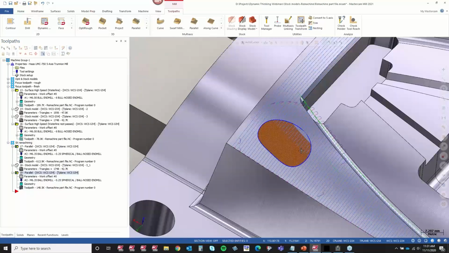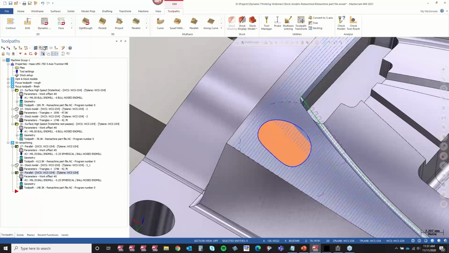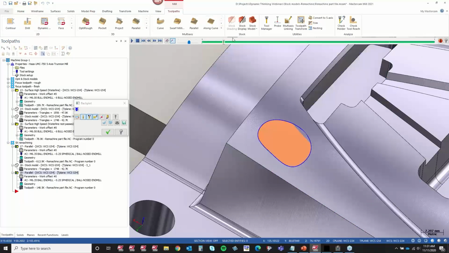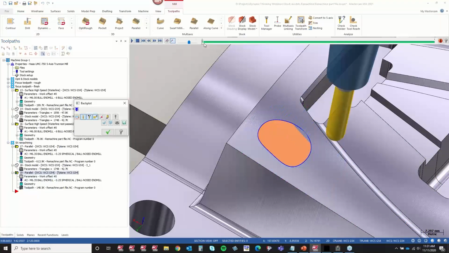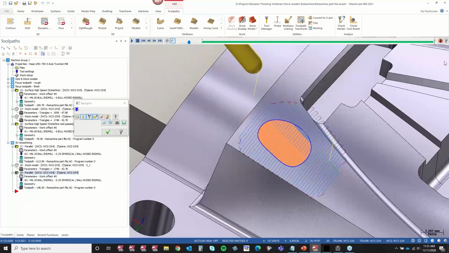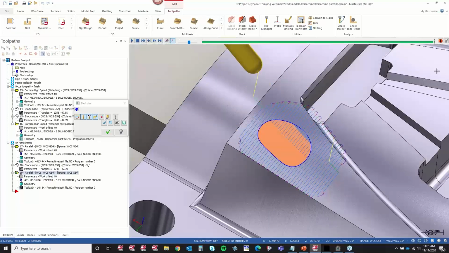So if I had tooling marks in the part still, I could go in and recreate that only in a small area. All right. So that's going to give me a nice trimmed out section of toolpath that's only operating on the area. Oh, I backplotted both of them. That's only operating on the area that I'm concerned about. Okay. And now because I have such an overlap there, that's why I'm getting that larger toolpath, which, like I said, is good because it's going to blend out the part.